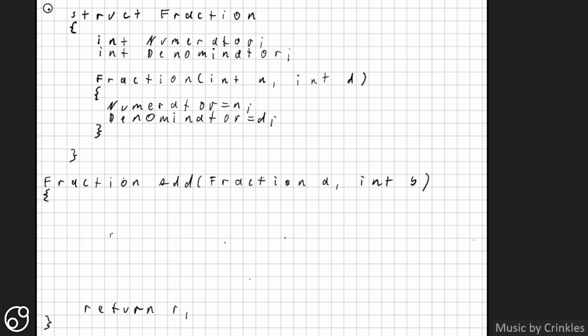And simplify it a bit. Okay, I say simplify, it's still a lot to write. But we can make this now. Fraction r is equal to new, the special keyword, then the name of our structure, fraction, and